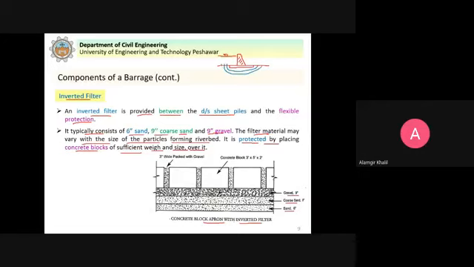You might have studied the concept of flow net in geotechnical engineering. So these are the flow lines. Now the water flows and this water appears at the upstream. Now at this point here, the hydraulic gradient should be safe.